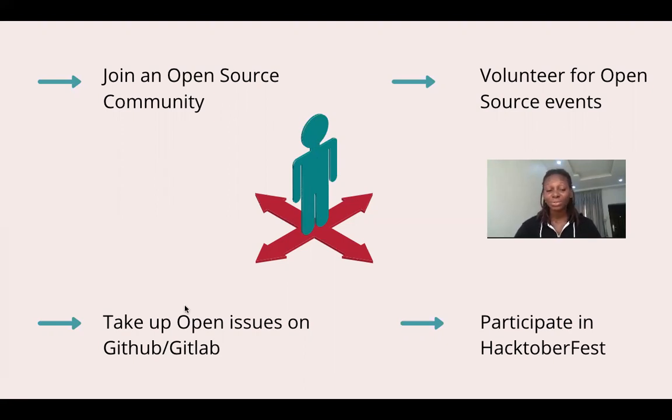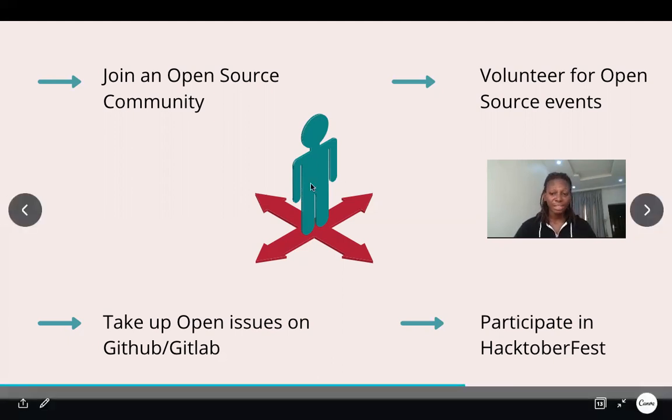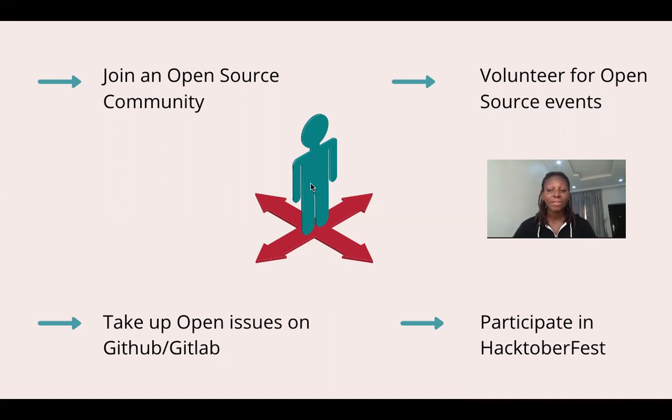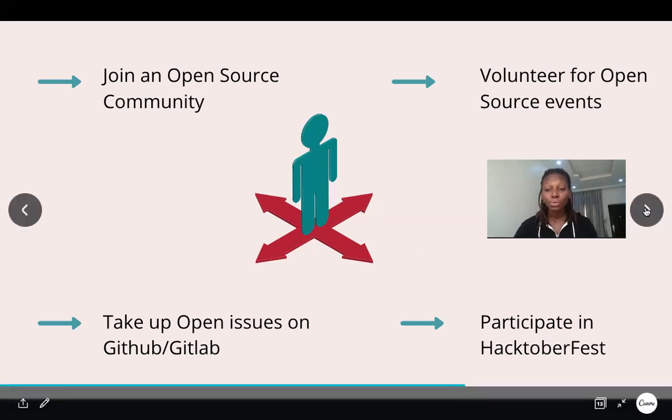And that is also a way to get started when contributing. You can also get involved by participating in Hacktoberfest. Hacktoberfest is an open source event that happens every October and welcomes contributors from all around the world, and open source organizations put out issues specifically for Hacktoberfest participants. By fixing about 2 to 3 issues, you are participating in Hacktoberfest, and that is a way to also get started when contributing to open source.